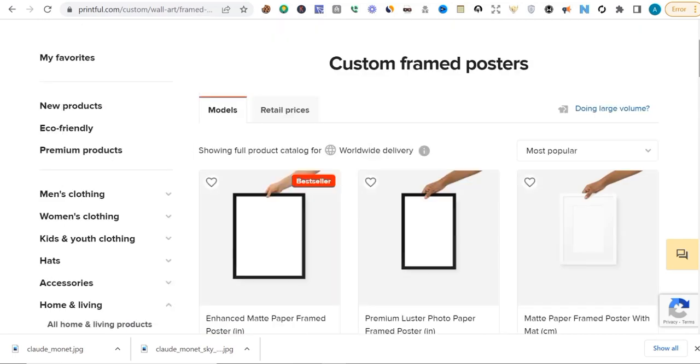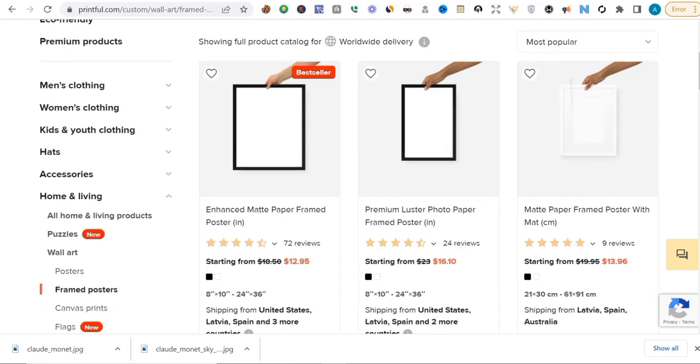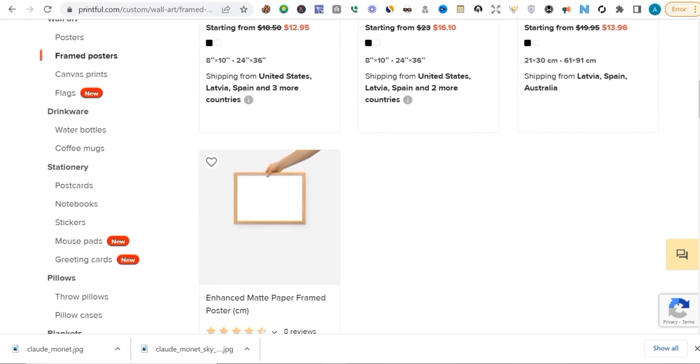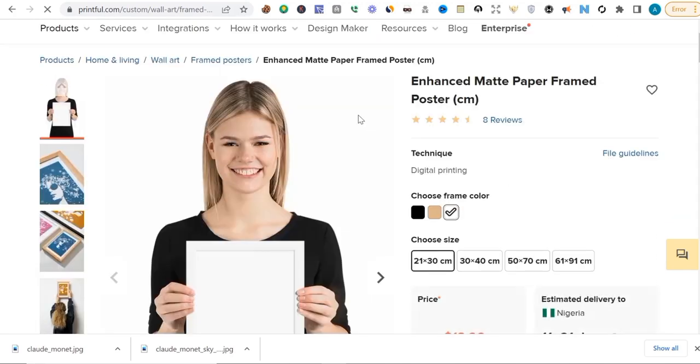Alright, you can see it loaded. Look at them here. Let's go down and see the ones with different designs. Yes, let's see the one here. You can see the woody design behind it. So what do we do? Let's just click on it. When you click on it, it loads to this page, and you can see the frame here.